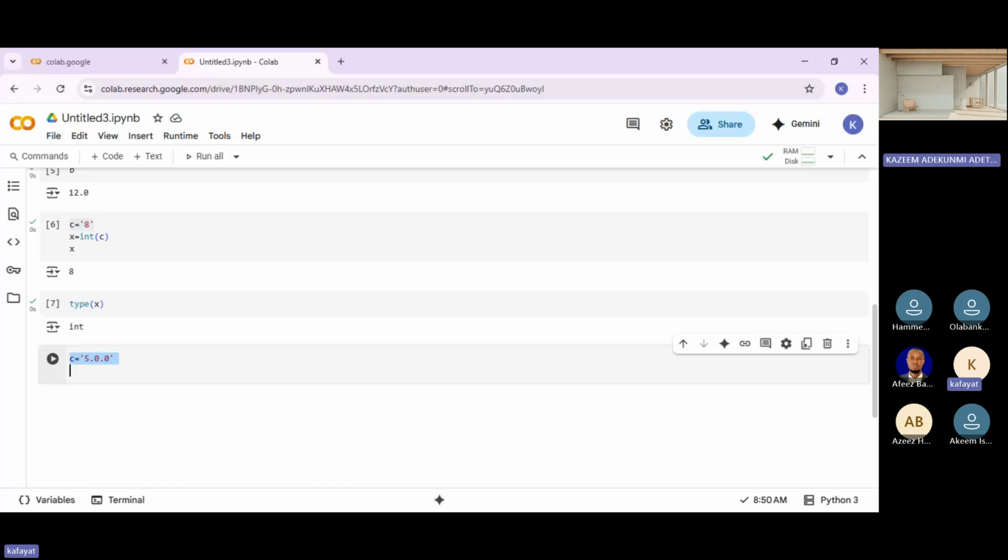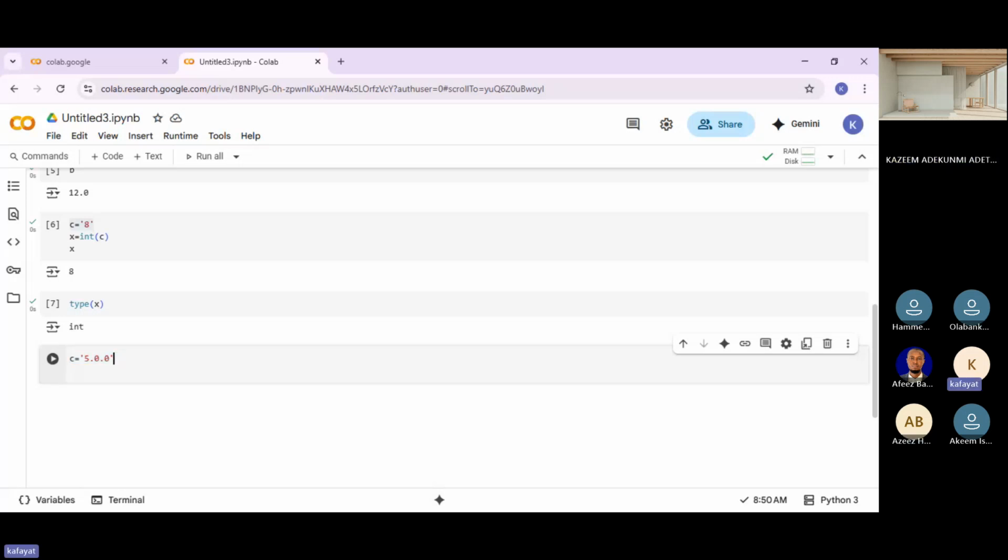We all understand that a number is either a whole number or a floating number, and a floating number can only accept a single decimal point. It cannot accept multiple decimal points. Am I correct? Yes, ma'am.